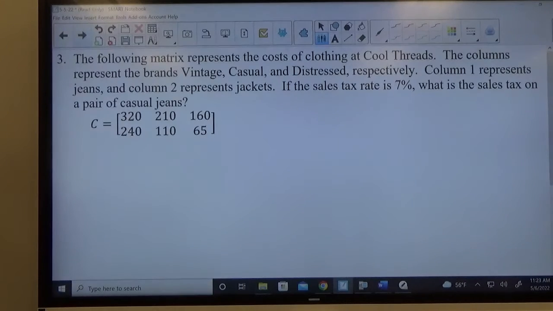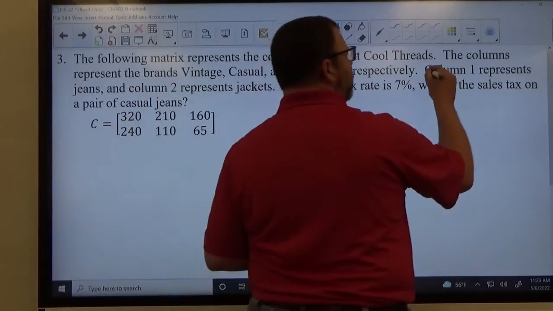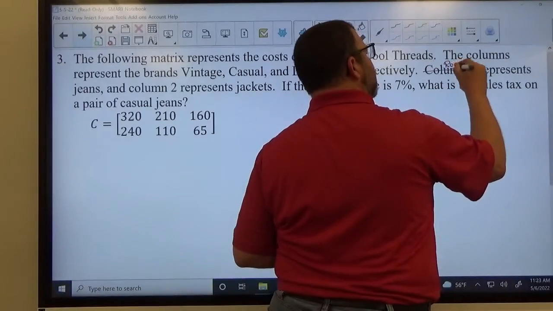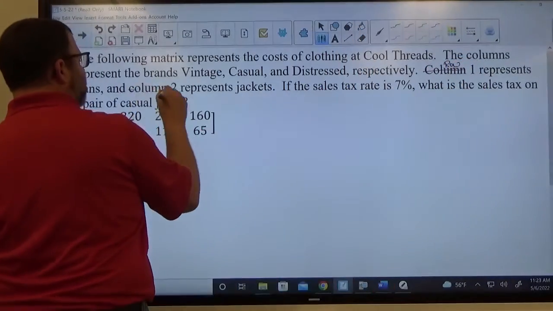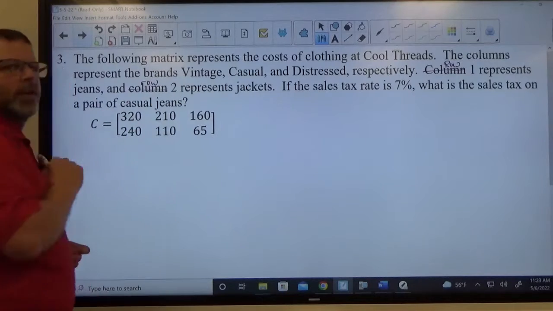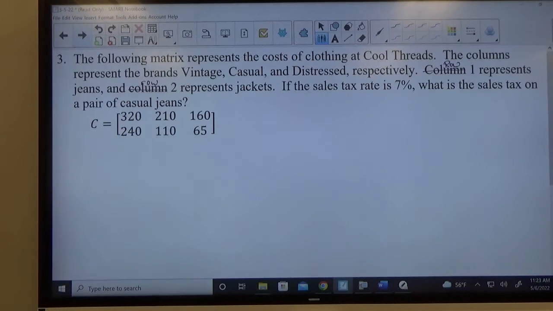Number 3, I did make an error in my problem here. It says column 1, it should say row 1 represents jeans. It says column 2, it should say row 2. I'll fix that on the test. So it does say rows. So we have the following matrix represents the cost of clothing at Cool Threads. The columns represent the brands of Vintage,